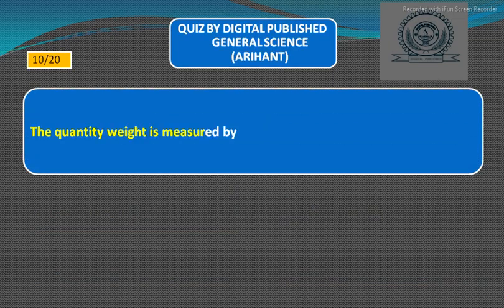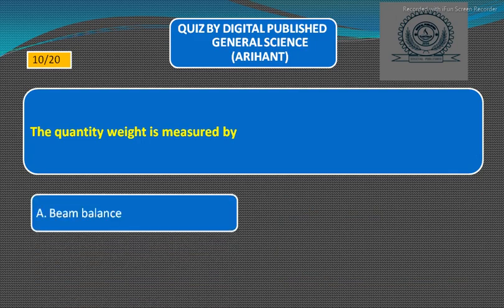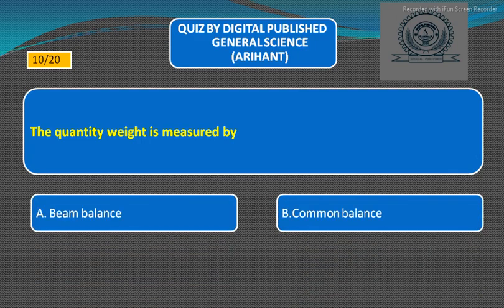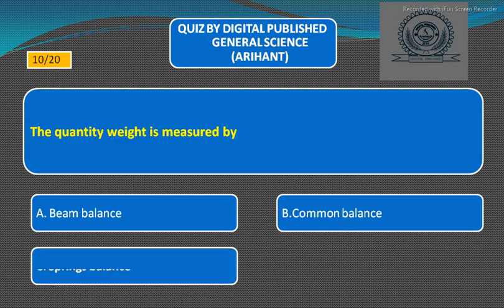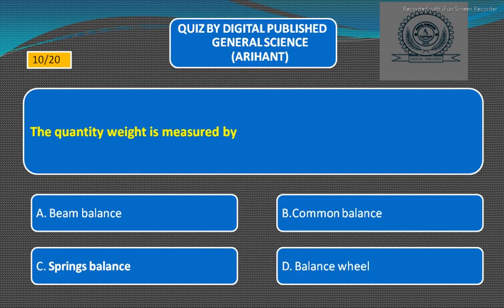The quantity weight is measured by option A, beam balance, option B, common balance, option C, spring balance, option D, balance wheel. So the right answer will be option C, spring balance. Next,